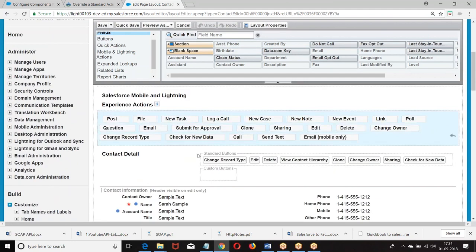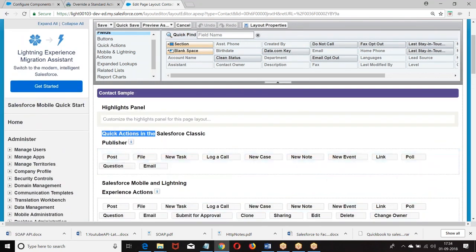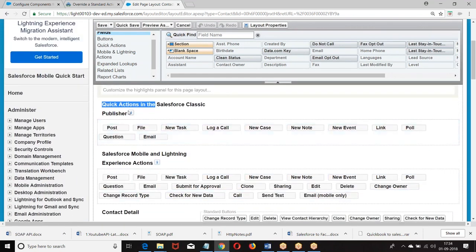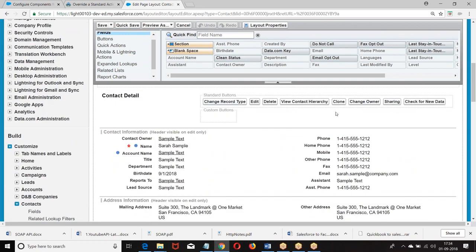These are all object specific actions. This is mobile and lightning. This is classic. This is a quick action in the mobile and lightning. This is a quick action in classic. These are the quick actions in mobile and lightning. These are object specific actions.